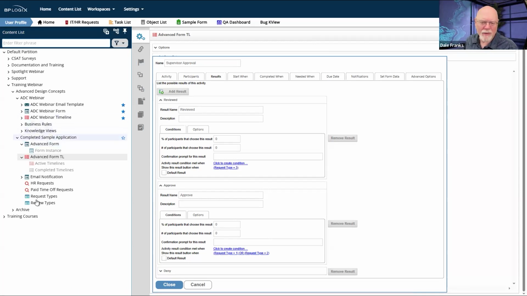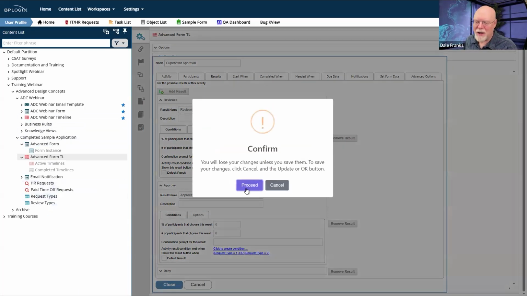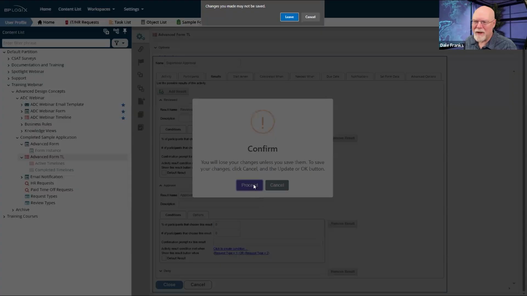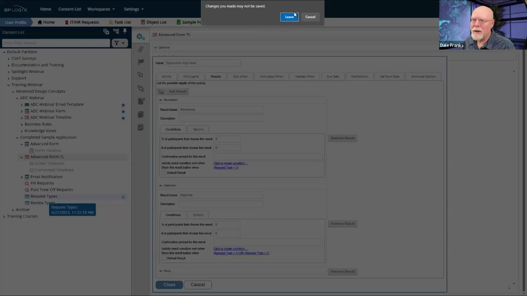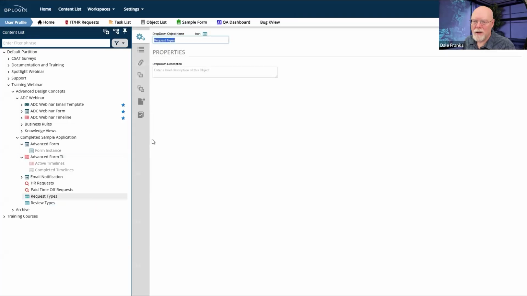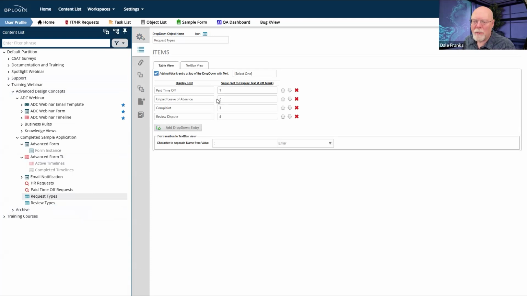Let me look at my request types real quick. What is request type 3? Okay, please navigate to my request types. Okay, thank you for finally obeying me. So paid time off and unpaid leave, that's type 1 or 2. Complaint is 3, and a review dispute is 4.